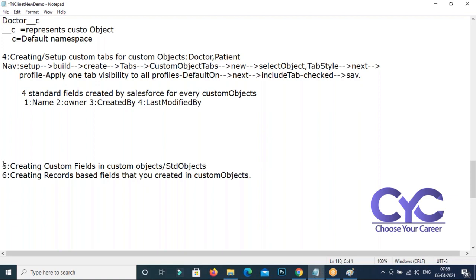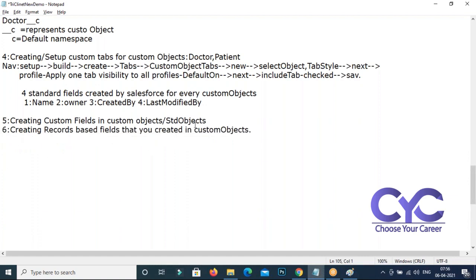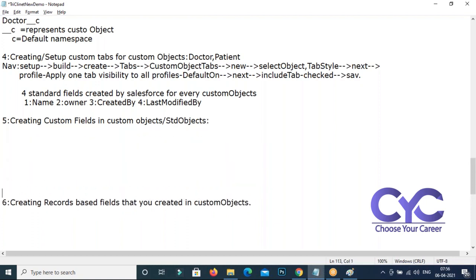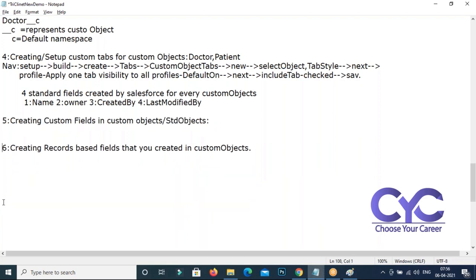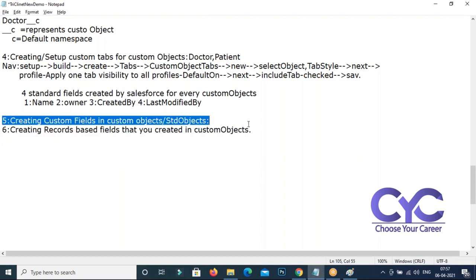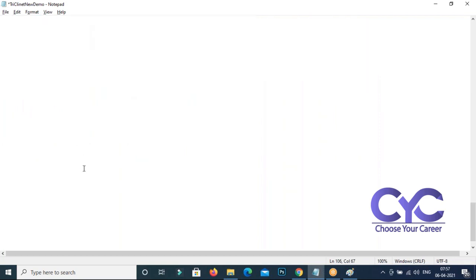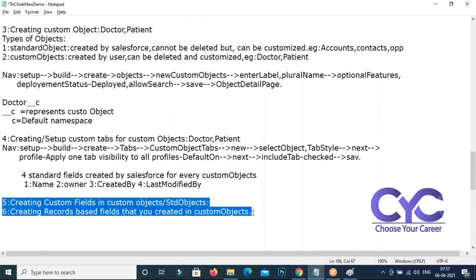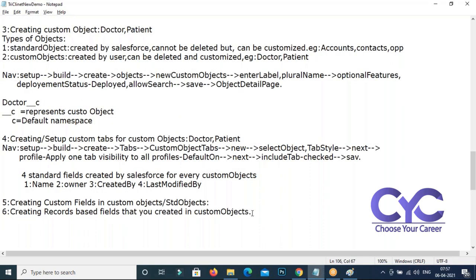This topic we are going to see in tomorrow's session. Please try to create your object here. We are going to start how to create custom fields in the custom objects. Based on that, these two will be finished tomorrow. Very simple. Once the fields are ready, it is very easy to create the records, right? I can finish this tomorrow, and after that we can start our chapter number 1, that's the data model. Okay?